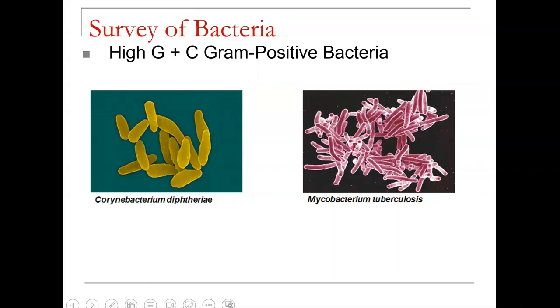Now, high G+C, or guanine plus cytosine, gram-positive bacteria is going to refer to bacteria with ratios of guanine to cytosine base pairs above 50% in the genome of the bacteria. So there are going to be three main groups. You're going to have your